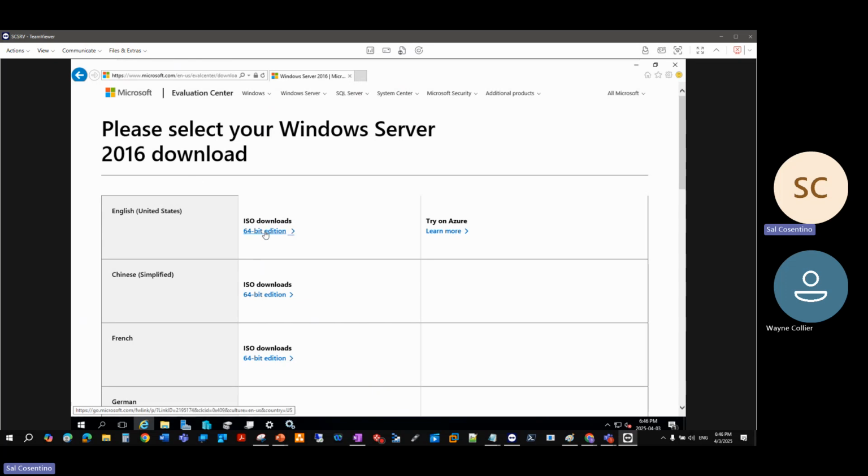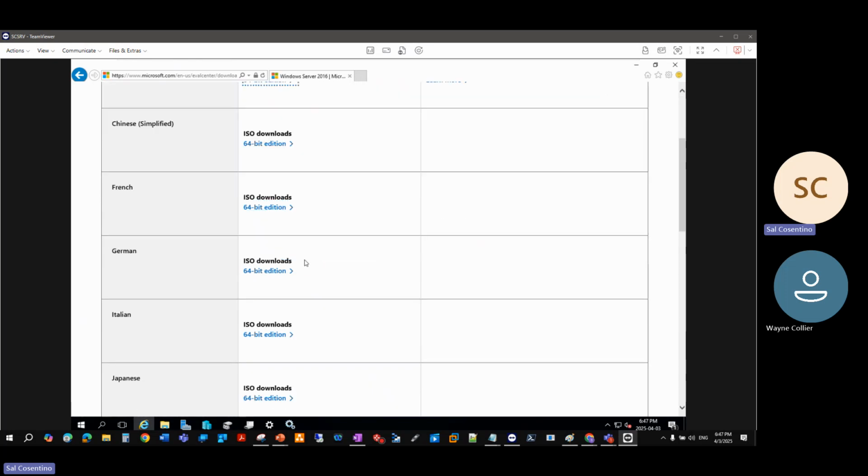I also want you to try that as well, as a different hypervisor. So if you're unfamiliar with VMware, you can also use Microsoft, and a lot of companies will have both. So it's good to know both at the same time. So what you're going to do here is download the ISO, English, 64-bit, and you're going to follow the